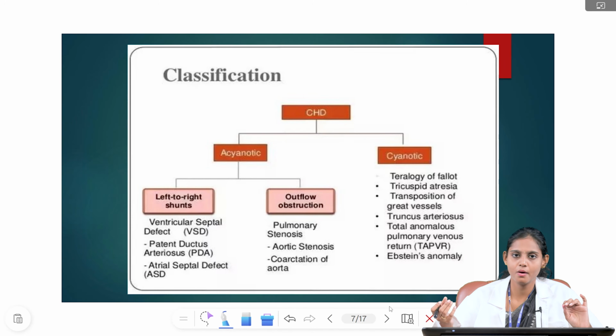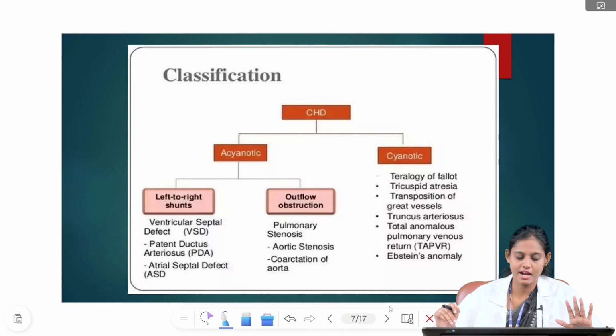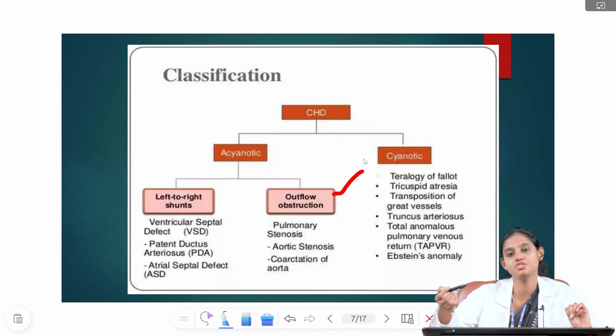I'll explain briefly about some acyanotic and cyanotic defects. What we are looking at here is a left to right shunt. Under left to right shunt, we have a ventricular septal defect, patent ductus arteriosus, and atrial septal defects. And again, there are some outflow obstructions, which again come under acyanotic heart diseases, like pulmonary stenosis and aortic stenosis